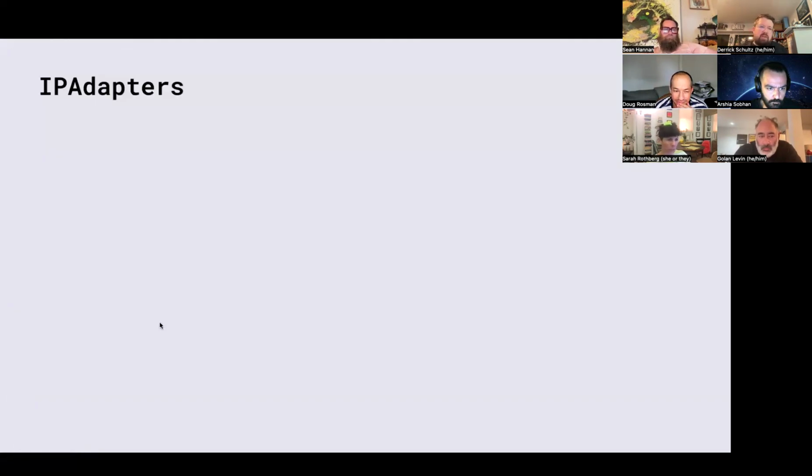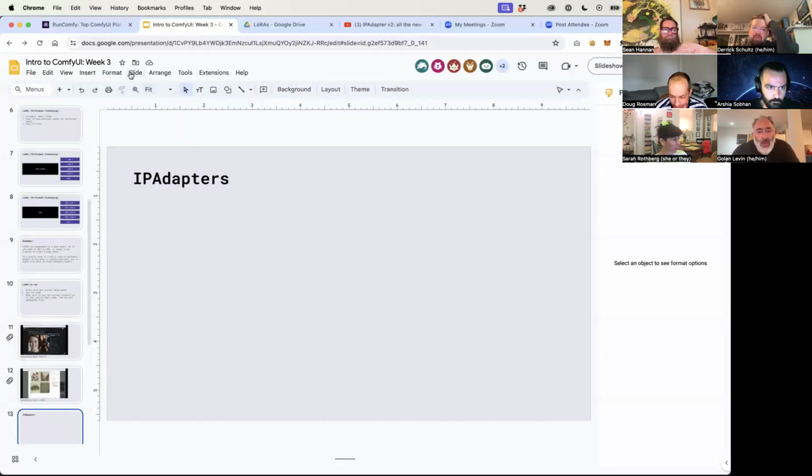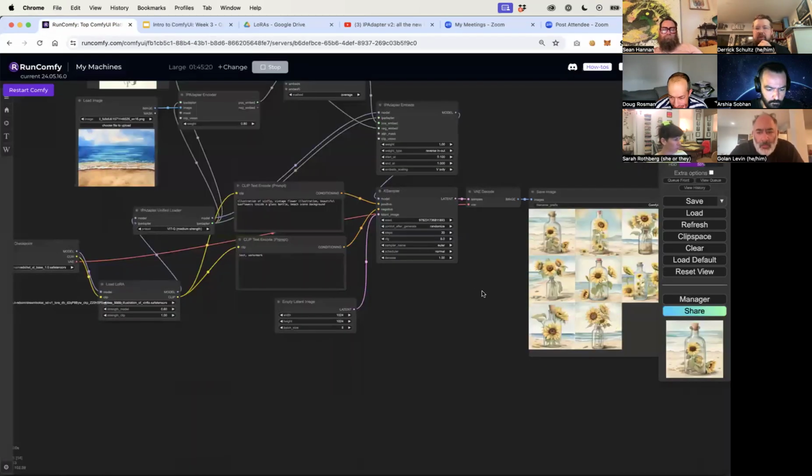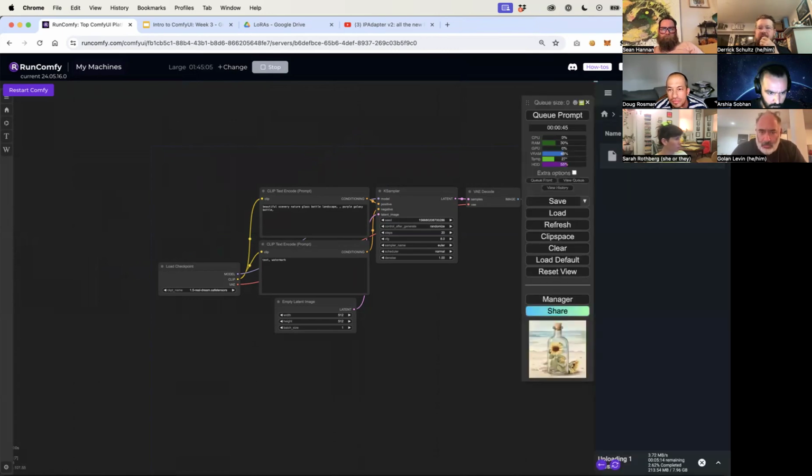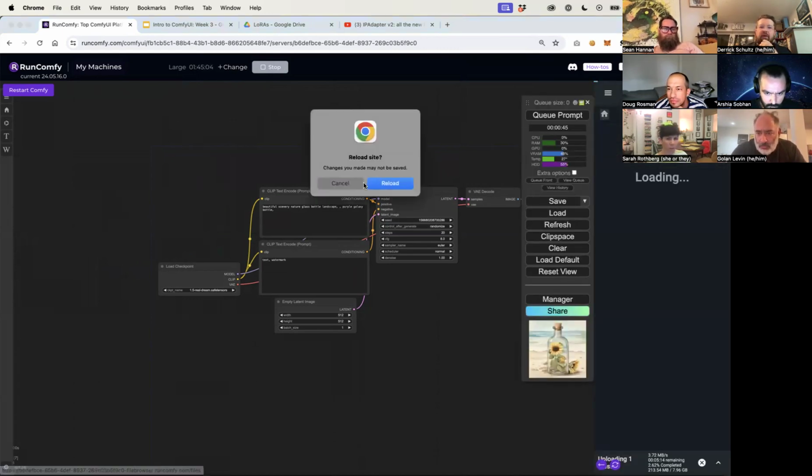Okay, cool. Let's jump into Run Comfy then and get started. So the first thing we're going to need to do is I'm going to load my default view. And the first thing we actually need to use is our folder system. So if you have closed this by hitting this little X button, you need to click it again to open it. And the thing we need to do here is,